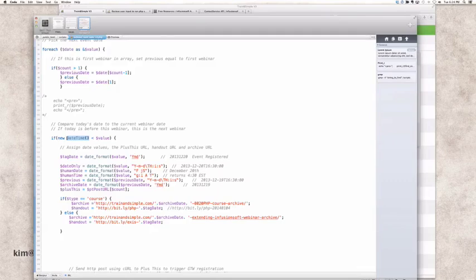PHP was never object-oriented, and I guess fairly recently they added objects. So now there are two different parallel universes. You can do things